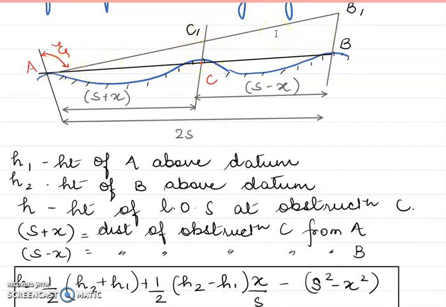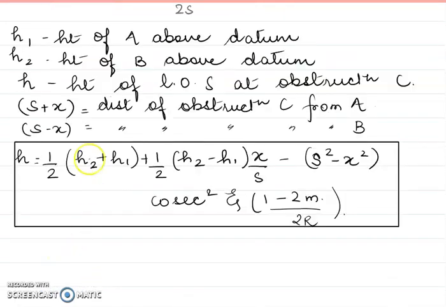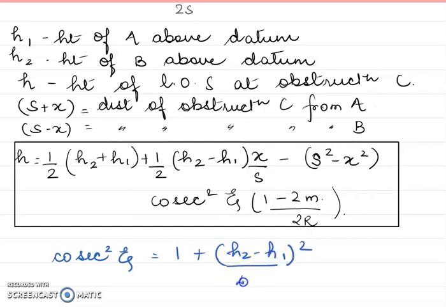So you are actually measuring this h at C. In the textbook there are some equations which tell you the value of this epsilon. But when we are actually solving the numericals, we don't need to calculate this epsilon. We are simply going to use the principle of similar triangles and solve this problem.